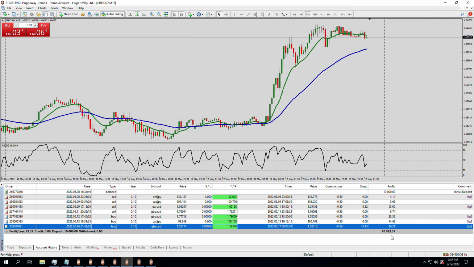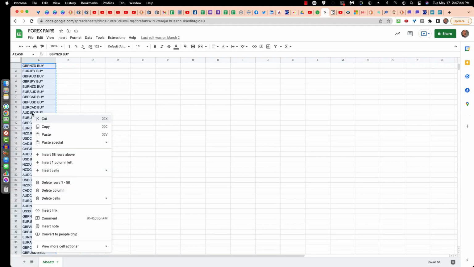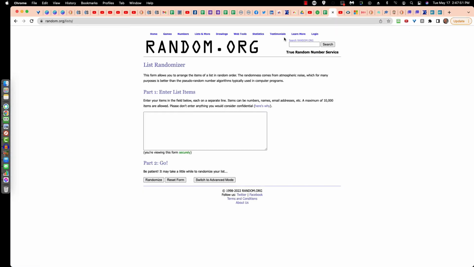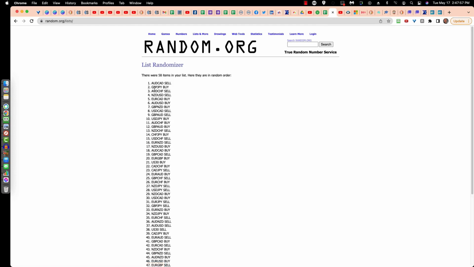Again, remember, I am creating, generating, and taking an absolutely random trade. We have won every trade so far of the previous 7 trades. Let's generate and enter our next absolutely random trade and see how it plays out for us. Let's copy my currency pair list, all 28 currency pairs plus US 30 with a buy and a sell attached. Let's go to random.org, paste that list into the randomizer, hit randomize, and our very next trade is going to be